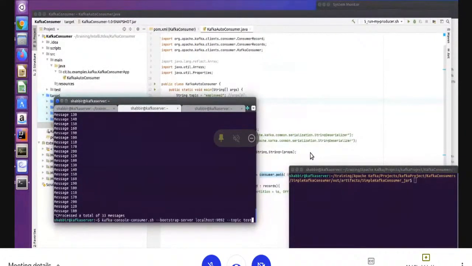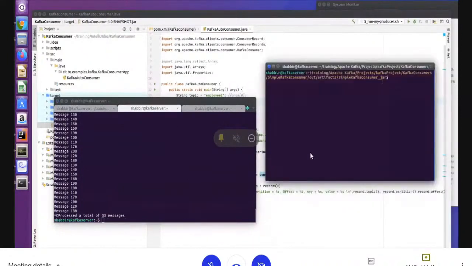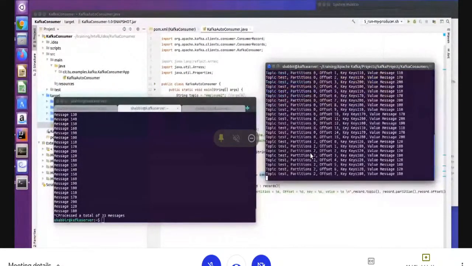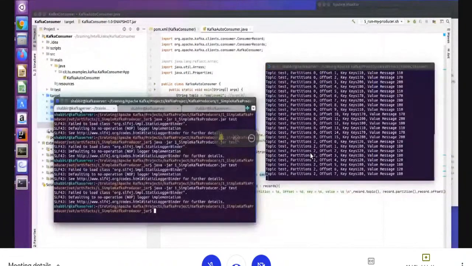I will stop it. The console consumer I have stopped. I am not using it to get the data from the console. I will use my own custom consumer, right? I have created it, right? So how will I run it? To run this, java -jar and give your consumer application and tell it from which topic it should consume the data, right? So I'm writing here test. My topic name is test, and it will read the data from the test topic, right? You can see here, all the messages it starts reading right from the beginning, and now produce some data from here.